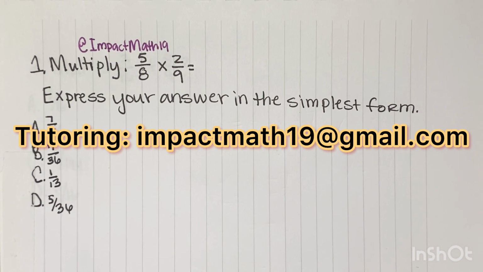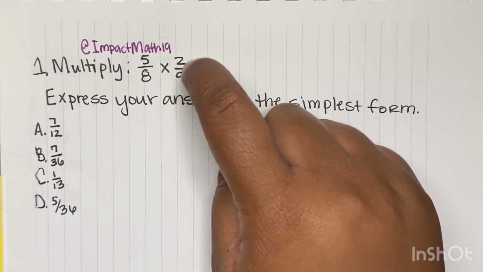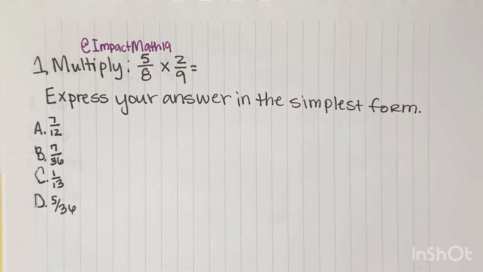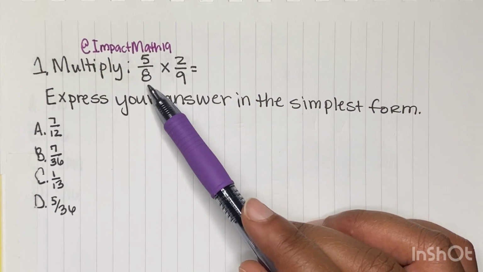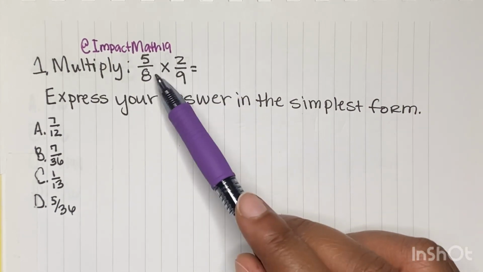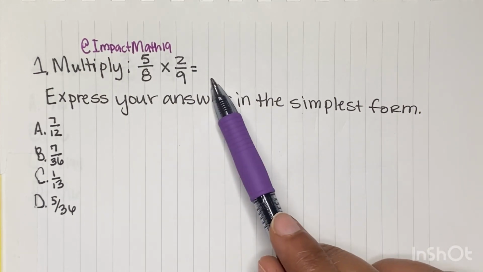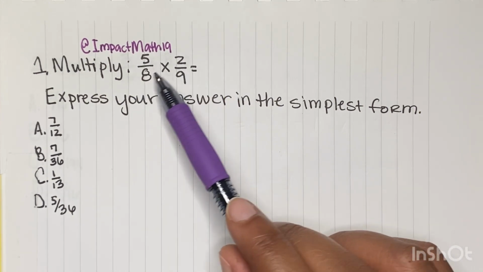Alrighty, we are going to be doing multiplying fractions, okay? So we have 5/8 times 2/9. Express your answer in simplest form. What we want to get in the habit of is canceling, okay? And what I mean by that is instead of just multiplying straight across, we're going to see what we can